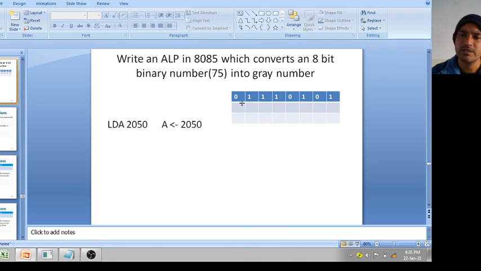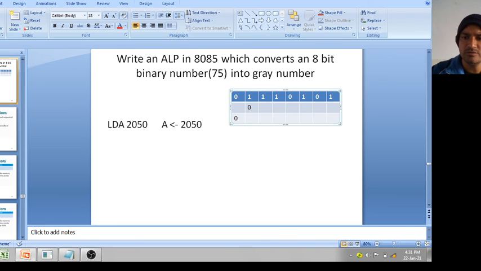What we will do, this MSB will be always equal to this, so it must be A7, or you can say 0. Here is 0, so it will be 0. Now what we do, we shift each bit by 1 position.